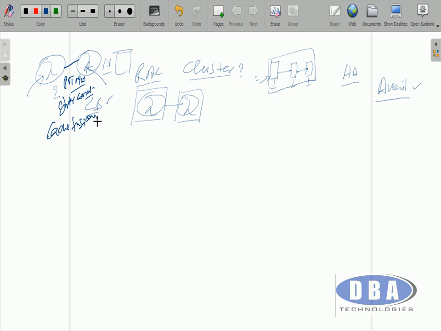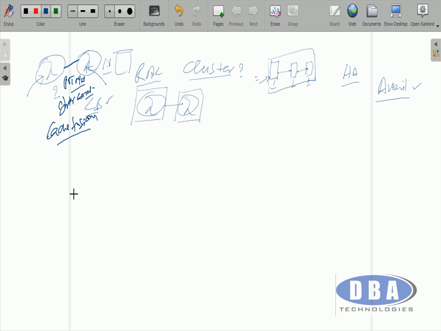Cache fusion is 100% dependent on your private network, right? So all we are trying to do here is to harness more than one resource so that if one is not available, the other one can serve the purpose, so that the show can continue, maybe with a little more load on it, and response may be a little slow, much better than not having the service at all, right?